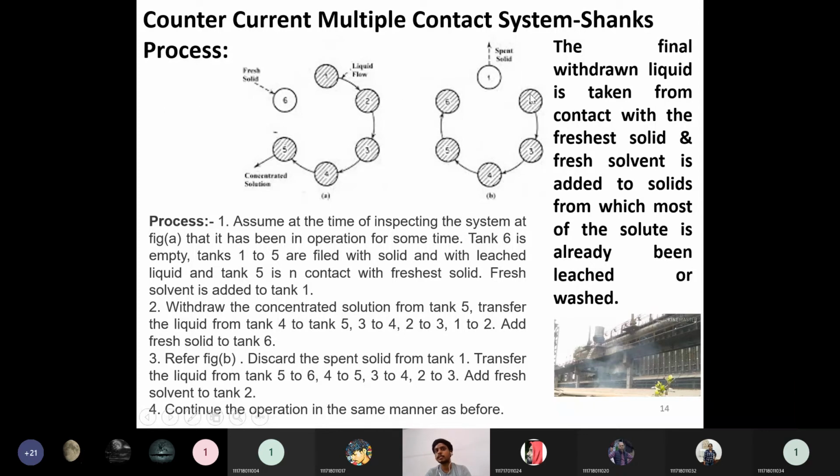In this operation, the advantage is that at least one tank will remain empty for the draining time, or cleaning time. Okay, for that advantage, the Shanks process has much application in industrial operations like leaching, coking of coal in the steel plant, and at the same time the coffee industry also has applicability. Is this okay now?